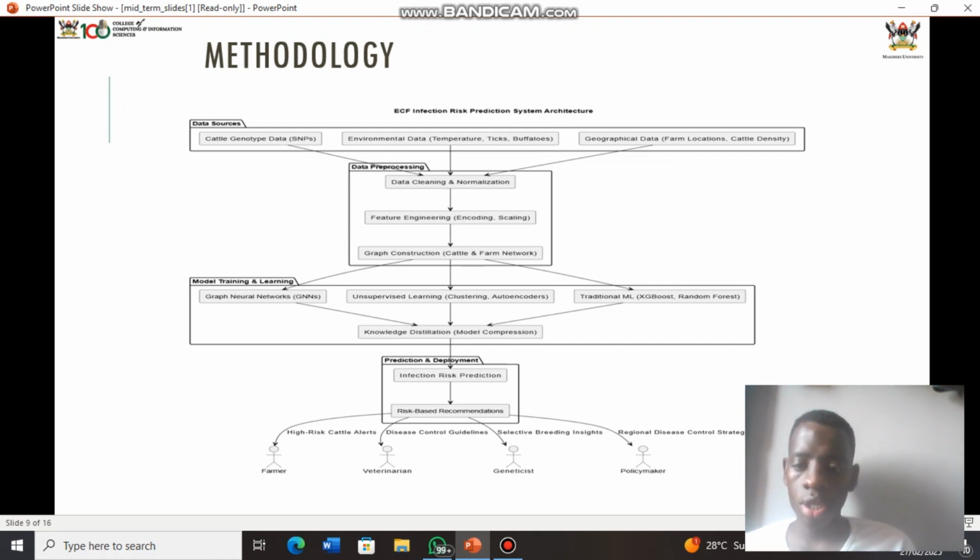These can be used by the farmers, the veterinary doctors, the geneticists, or the policymakers. The farmers can use this deployed tool for high-risk cattle alerts, and the veterinarian can use this deployed model for disease control. The geneticists can use it for selective breeding, and the policymakers can use this model for regional disease control